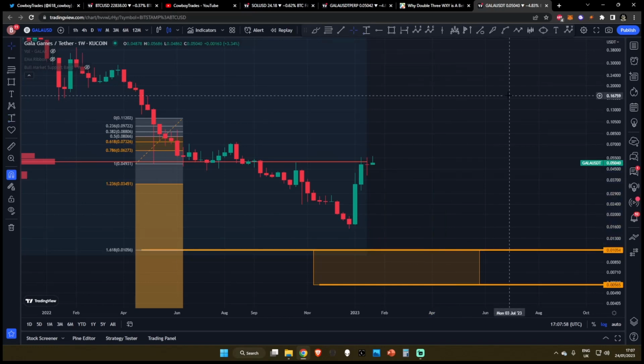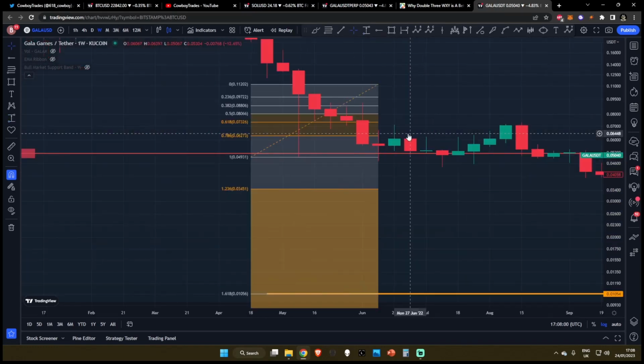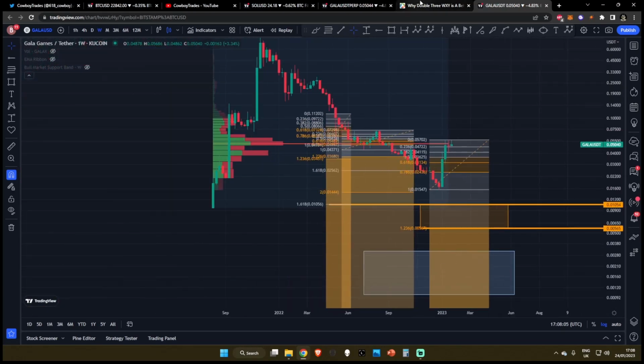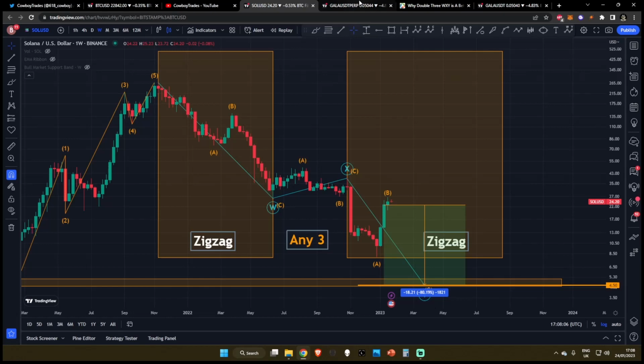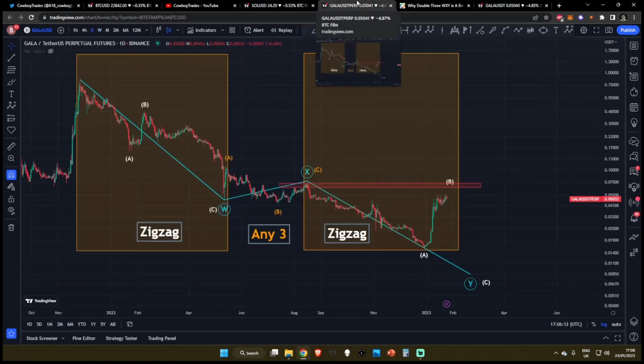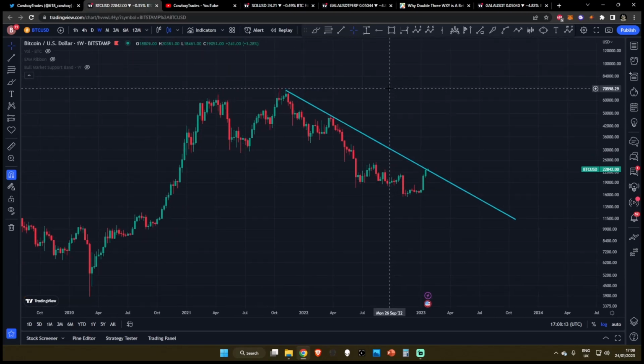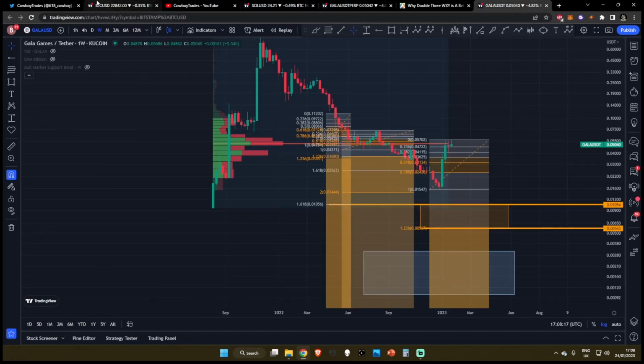This is about a 79% drop from where we are right now. I know, very brutal to hear, especially if you are a galagames fan. But nonetheless, this is a very important Elliott wave pattern, and it seems to be playing out in a lot of the markets. Keep your eyes on Bitcoin as well, specifically because the likelihood of galagames nuking really depends on